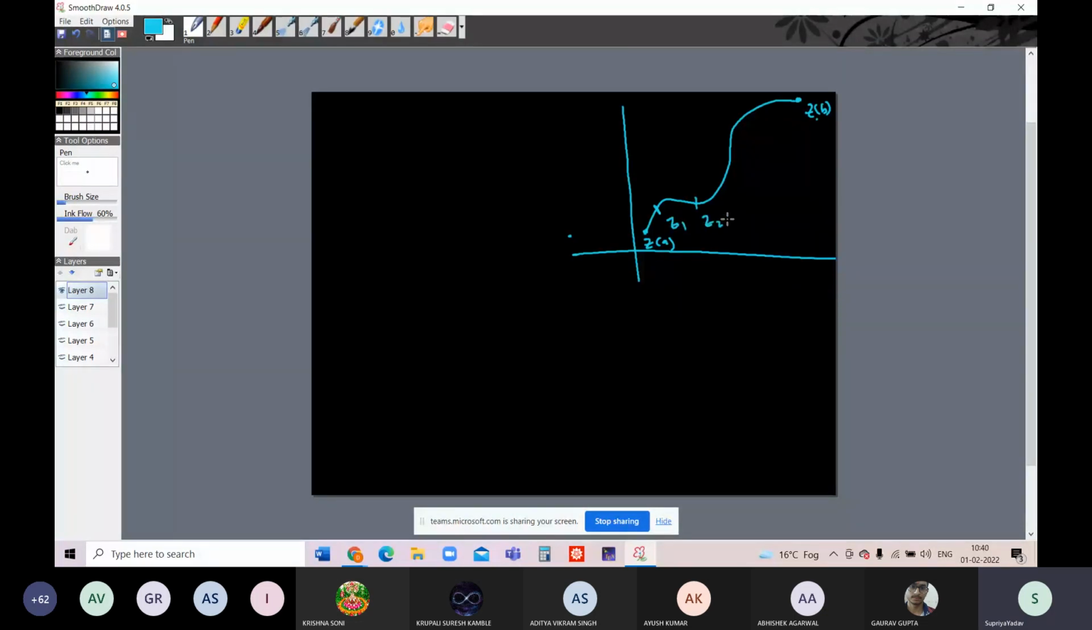Then J2, J3 and so on. Suppose that here will be JK minus 1 and this one is JK and so on. So this way the values are here. And let xi k be an arbitrary point in the interval